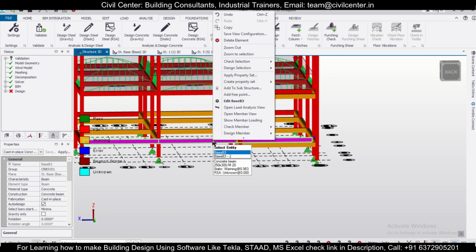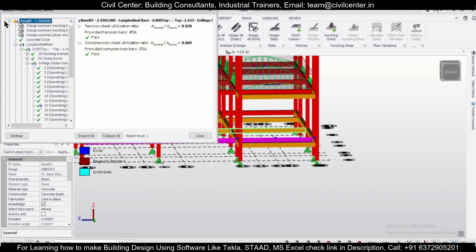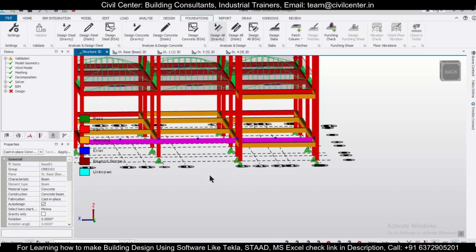So let's check the reinforcement here, design member static, one member. Let's check the design reinforcement: 4T16 and 3T16 here also. So the reinforcements are okay with this, and now we're okay with this.